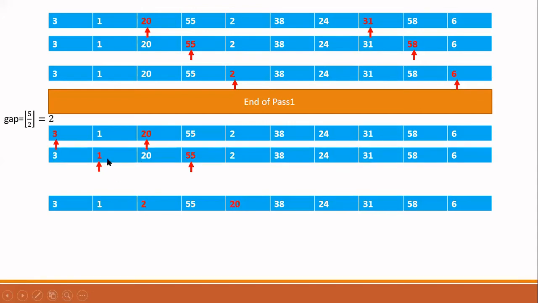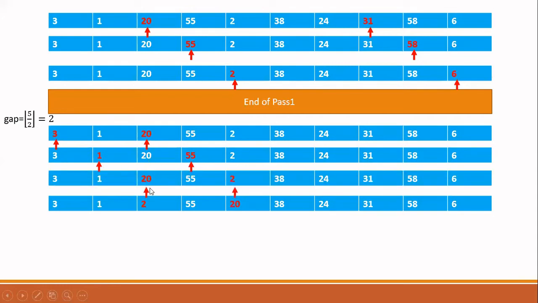So now I will move this pointer to the next position, that is 55, and then move this pointer to the next, that is 1. Every time you can see we are comparing elements only with a gap of this particular value, 2 only according to this pass. Now I am going to compare 55 and 1. They are in the correct position, no need for any swapping. So now I will compare 20 and 2. 20 and 2 need swapping. So I will move 20 to the position of 2, then I will move 2 to the position of 20. After this, remember, just concentrate here, this is very, very important. Now your gap value is 2.